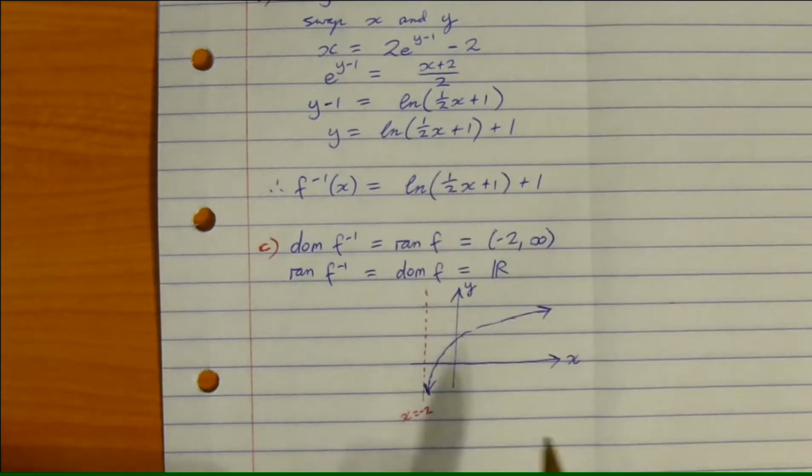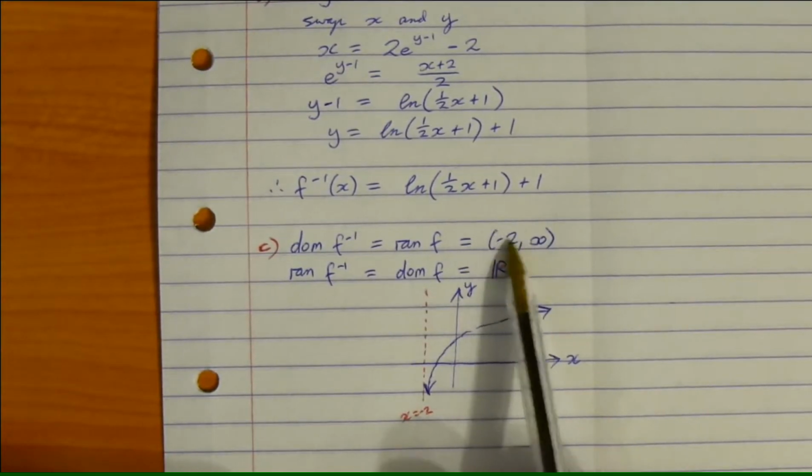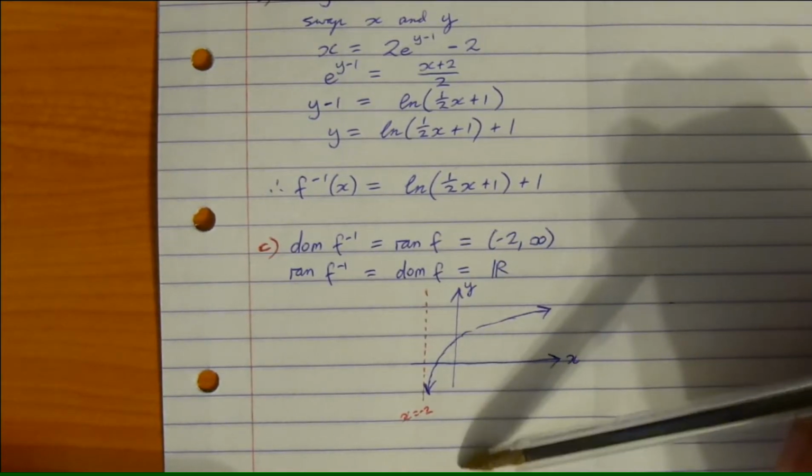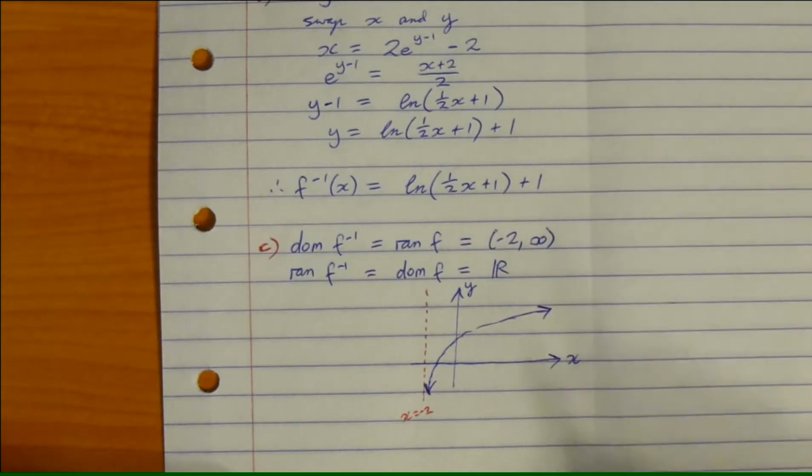And you can see from that your domain will be from -2 up to infinity, and again note that I don't include -2, and this time the range can be anything, negative infinity to positive infinity. Okay,